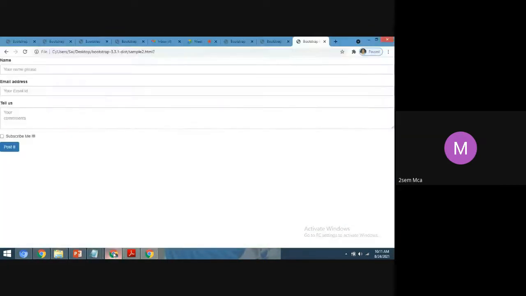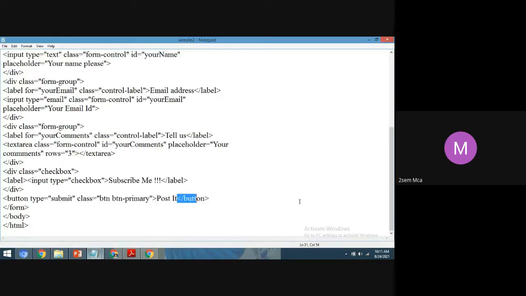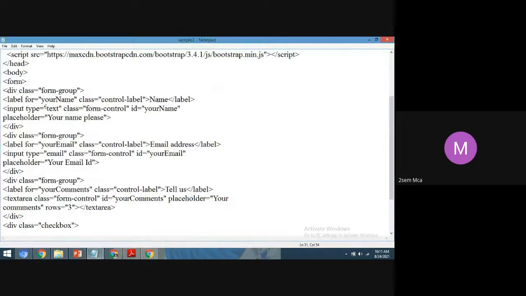So coming to the output, see students, here I am taking a name. What I have given in the code as the placeholder, it will show in the text box. In place of placeholder, whatever text I have given, that it will show.